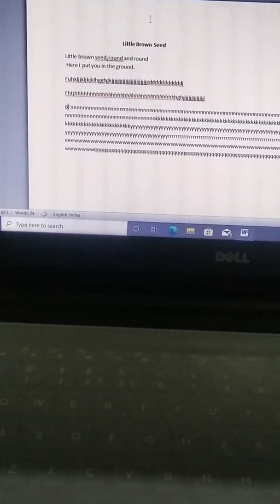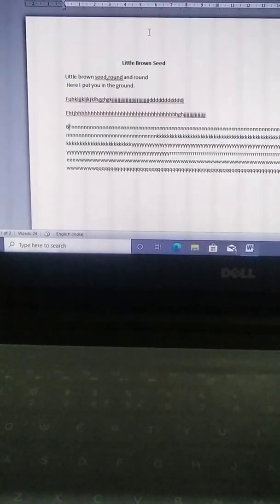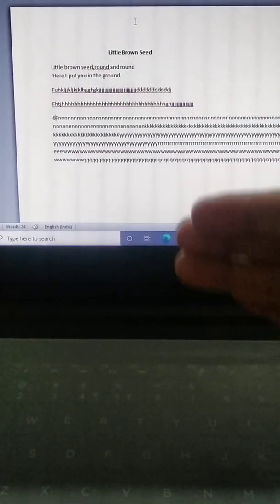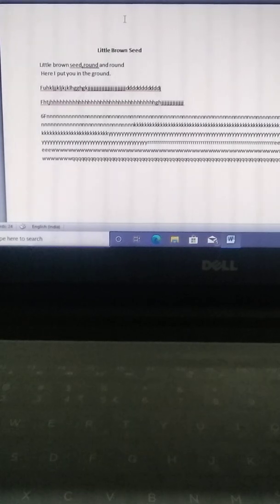The header is what shows at the very top of every page. That is the header on the top of the page, and at the bottom of the page is the footer. Okay children, the top of the page is the header and the bottom of the page is the footer. Whatever you write in the header and the footer will appear on every page of your document.